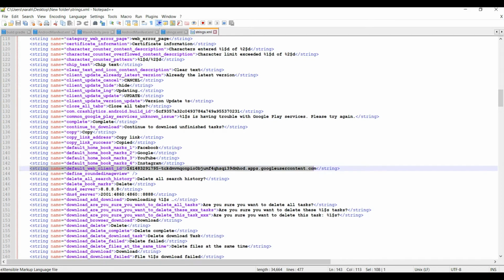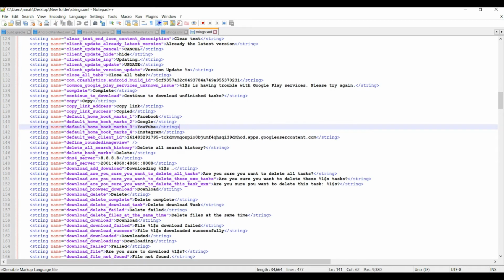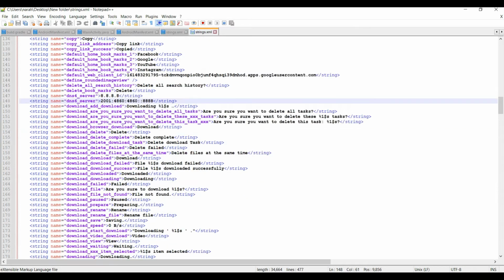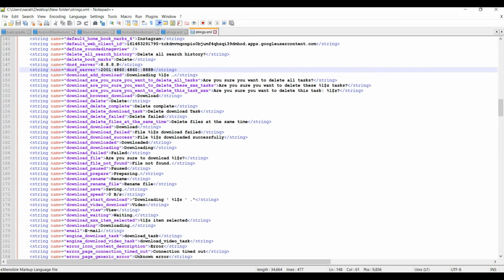See, default web client ID, they have encoded this, and along with that the DNS server string, and the DNS version 6 server address. These things should not be added here, because this will give an attacker some kind of information. Not only this, we can see some more things.